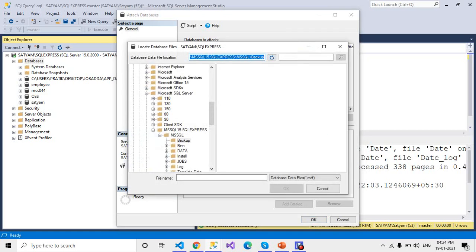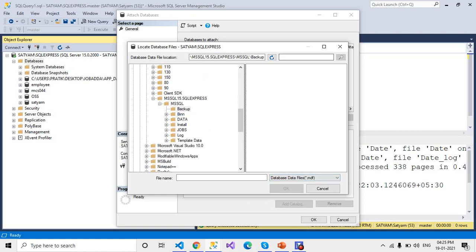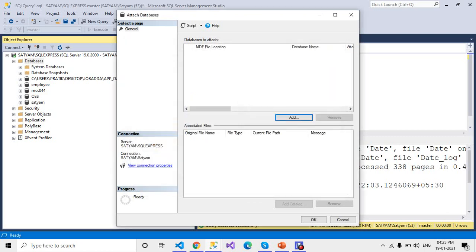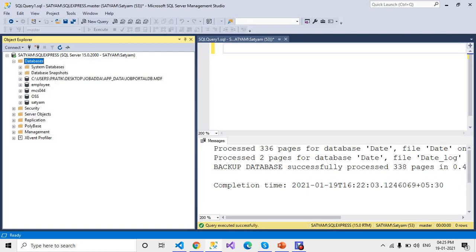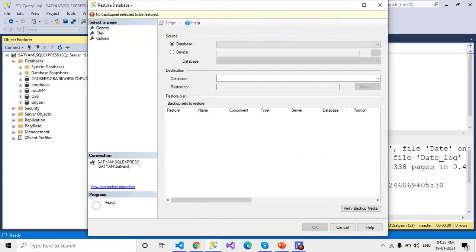Click on Add and the backup file, MDF. Just okay. This Attach option supports only LDF or MDF files. If you have a backup of your database, then go to the Restore Database option. It's my mistake. Okay, Device,